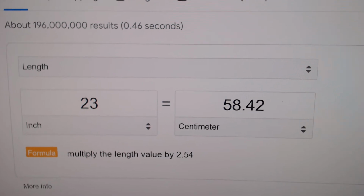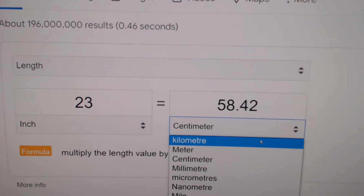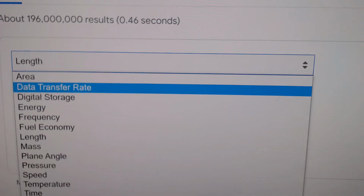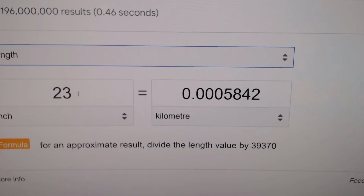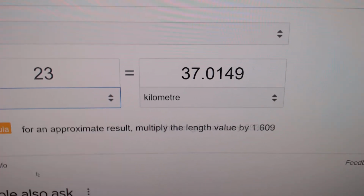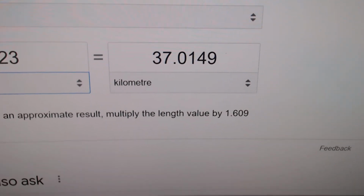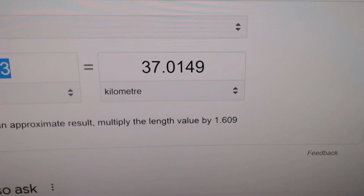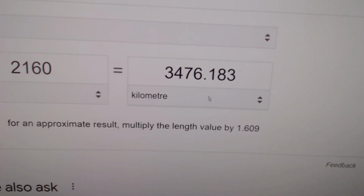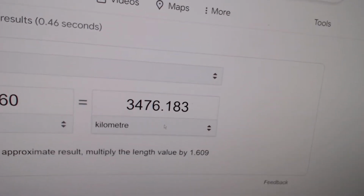I can do anything with this, but right now I'm looking at it here, and we can look at it here, kilometers. And I could have changed my length over here. I could have put miles, right? So 23 is going to tell me about this. Now, if I went 60, it's going to be 34.76. So if you want to know where 34.76 is,